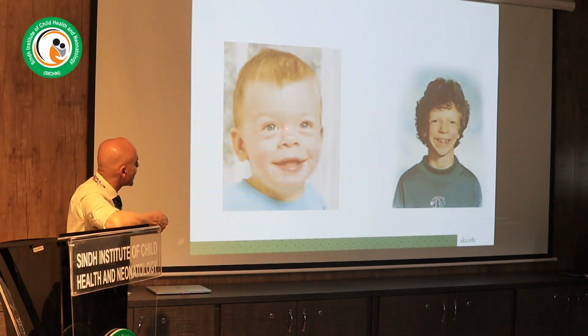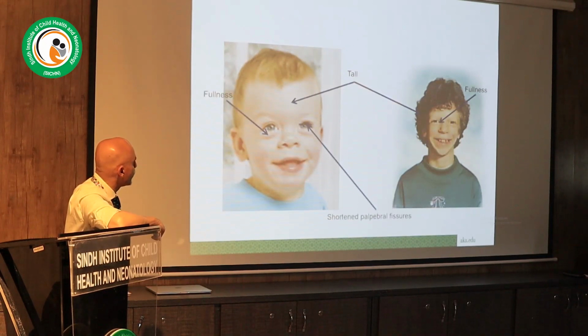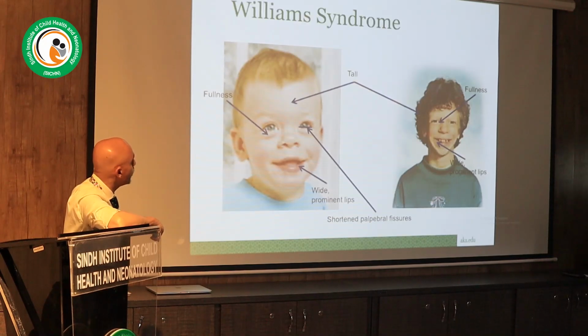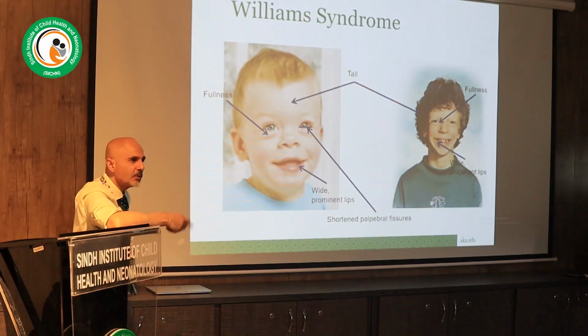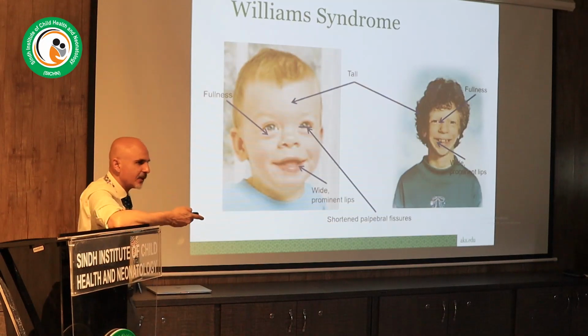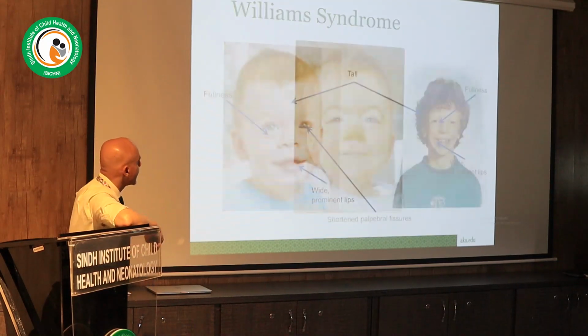ठीक है. फिर you can look here a little bit, थोड़ा सा nasal bridge यहाँ लग रहा है, यहाँ prominent है, यहाँ सही है, तो maybe that's nothing, but slightly upward pointing tip here, यहाँ इतना नहीं है, but slight, again very very slight coarsening, which is very subtle, probably not worth commenting on. Wide space है between the teeth, periorbital fullness, slightly short palpebral fissures, large lips and so large mouth. This is Williams syndrome. ठीक है ना. वो happy kids, they have this, you know, their verbal skills are beyond their comprehension skills, so that's it.